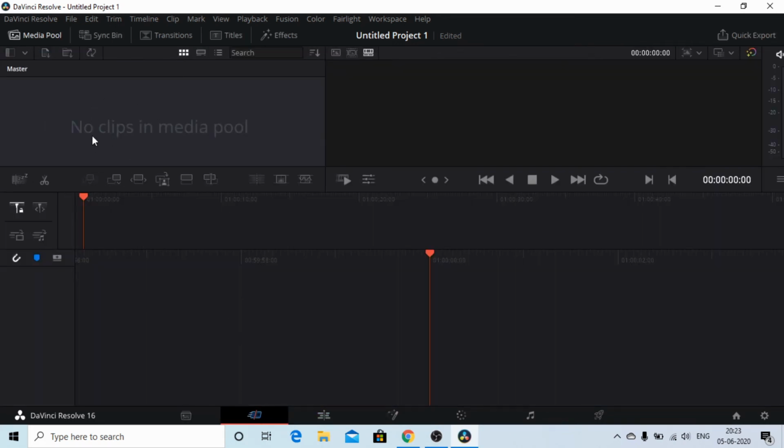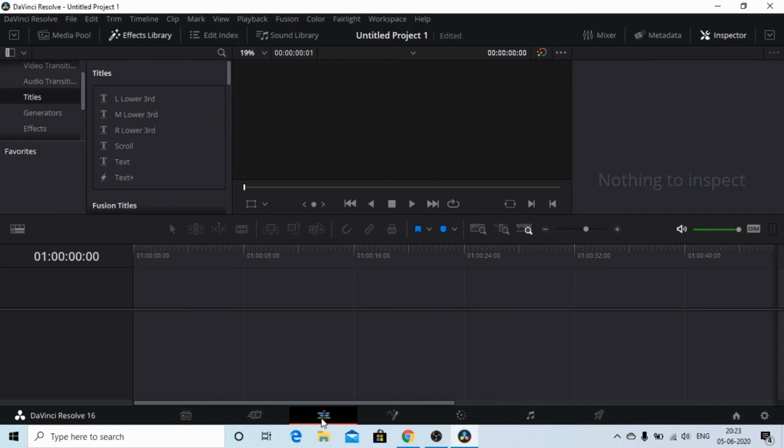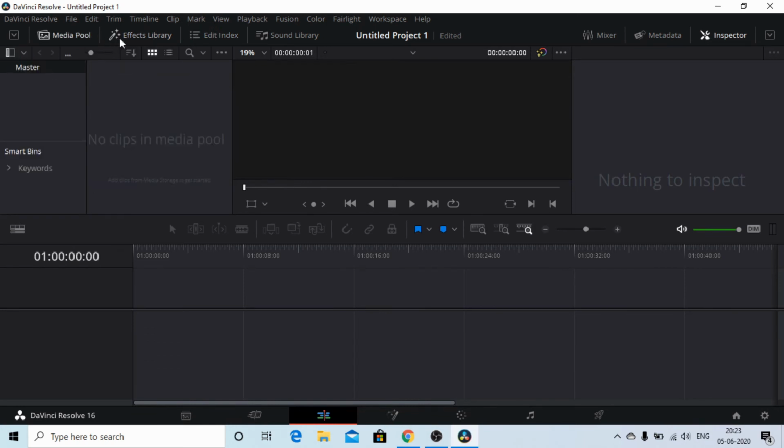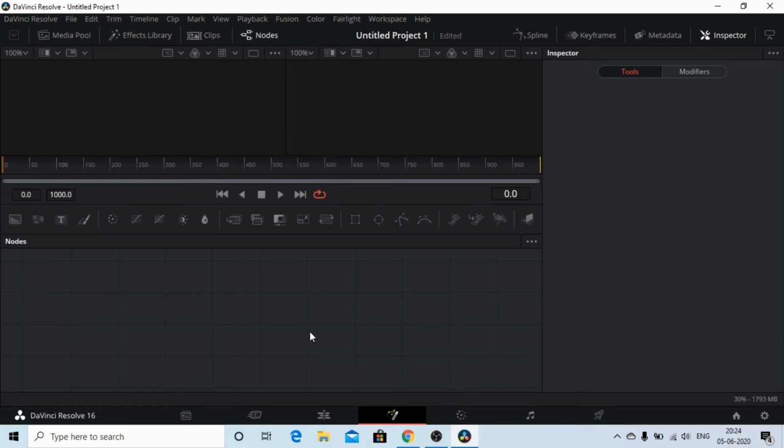And here's the cut. If you add some clips over here, you can just split them using this tool. And this is the editor. In this editor, there's the media pool, and as you can see, the FX library and all, it's pretty easy. In the media pool, you drag the clips and place them over here, and you can add effects to those videos. The 4th comes fusion. Fusion helps in everything. Mostly it's used if you want to make intros.